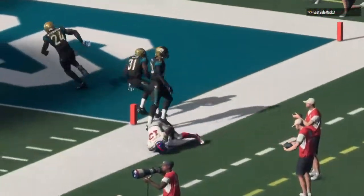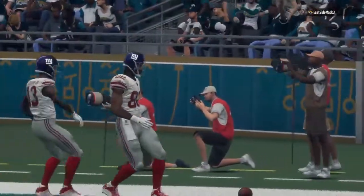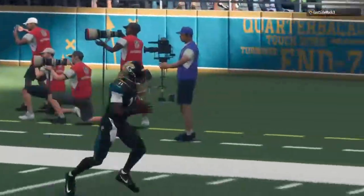That's called being in the zone. So for the home team here, their good start continues as they get their record up to 4-2. And they will hit the road next week to take on the Indianapolis Colts. Meanwhile,